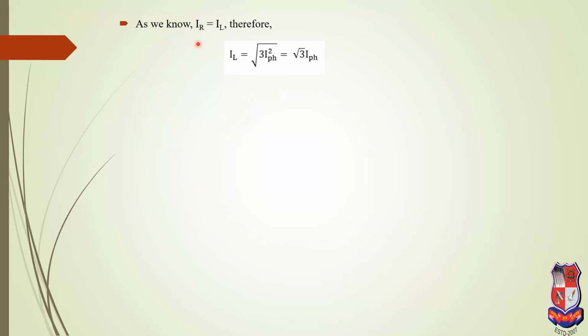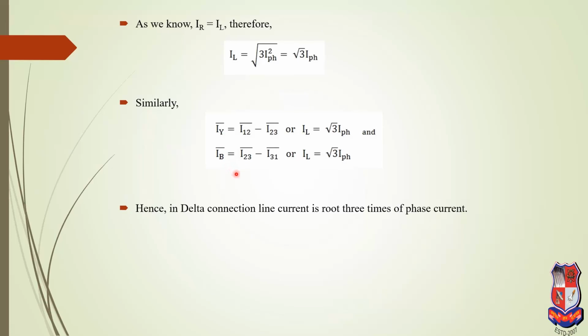Now as shown, IR is equal to IL. The line current IR can be represented as IL. Therefore IL is equal to under root 3 I square phase. We can again simplify the equation. We get this equation: IL is equal to root 3 I phase. Similarly for the Y and B phases. Hence in delta connection, the line current is root 3 times the phase current. That means the line current is equal to root 3 times